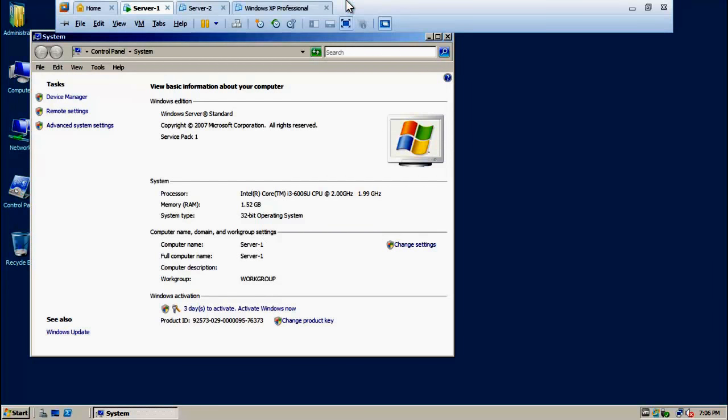Later, when I describe the other features and other roles of Windows Server 2008 R2, I will show you that this Server 1 will be my first domain controller, and I can take Server 2 as either a member server or a child server. I will also include some professional clients or Windows 7 clients